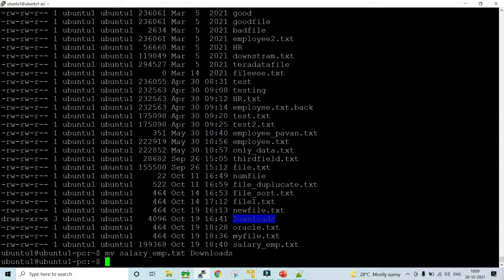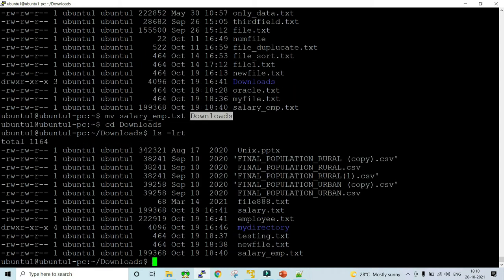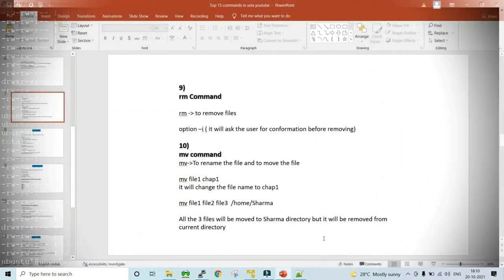If I press enter, that file has been moved to the download directory. Now let me cross check. You can see that the salary_emp.txt file has been moved inside the download directory. All right, so this is your mv command.